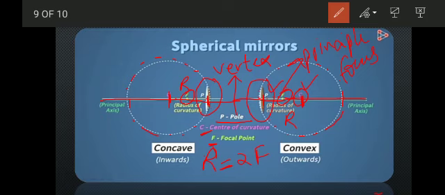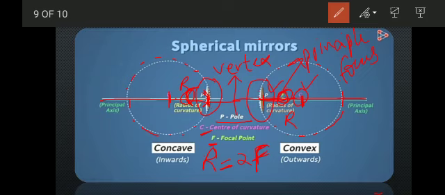The focal point is the point between pole and center of curvature. So the distance between pole and principal focus is the focal length. The distance between focal point and the pole of the mirror is called focal length, which is represented by capital